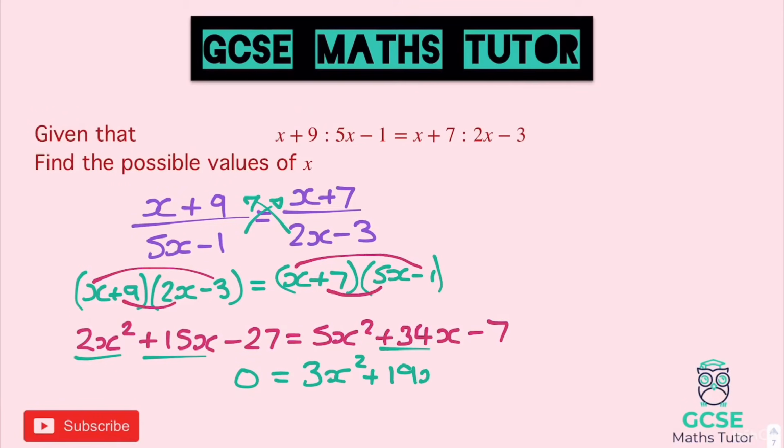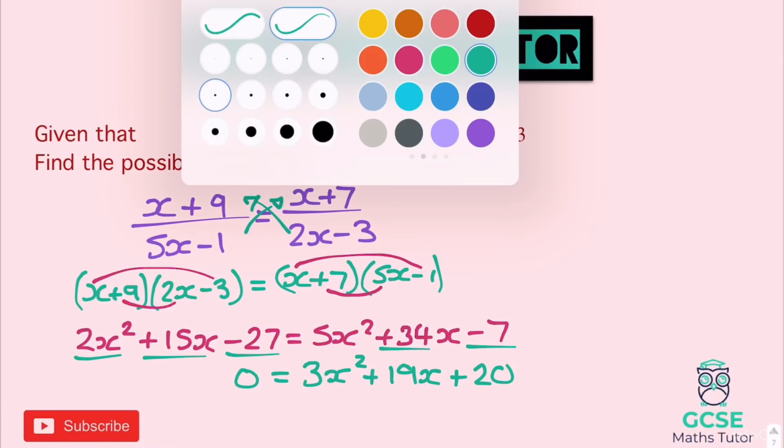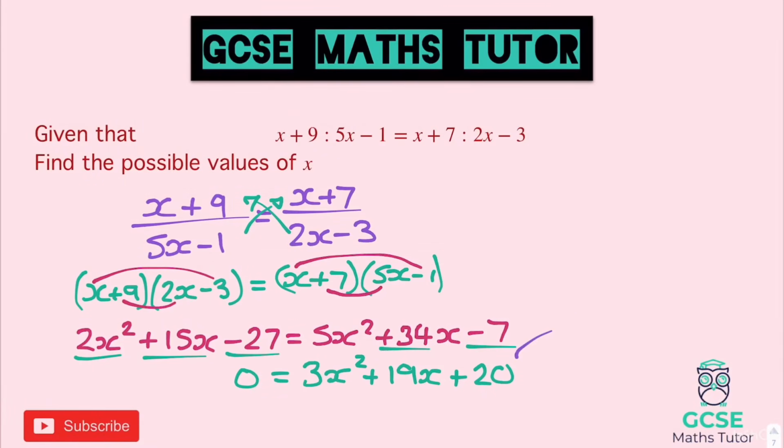So I just have to go back and double check these quickly. 34 take away 15, yeah, that's 19. And then we're going to add 27 to both sides, so add 27 to minus 7 gives us plus 20. Right, okay, now 20's got quite a lot of factors, so let's have a look. Right, 1 and 20, 2 and 10, or we could have 4 and 5, so we've got quite a lot